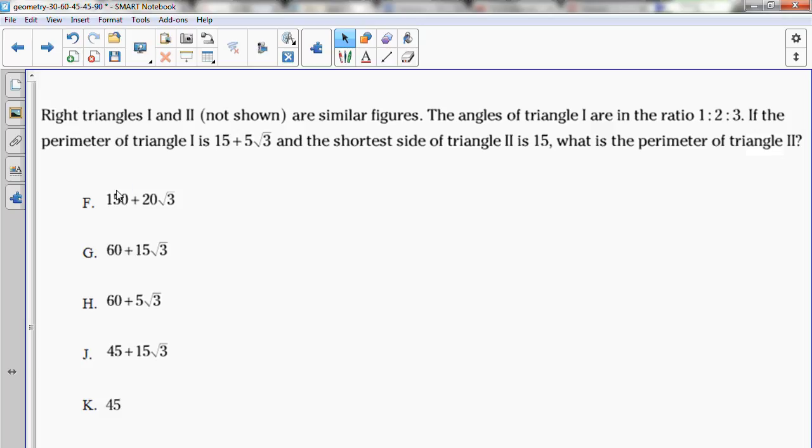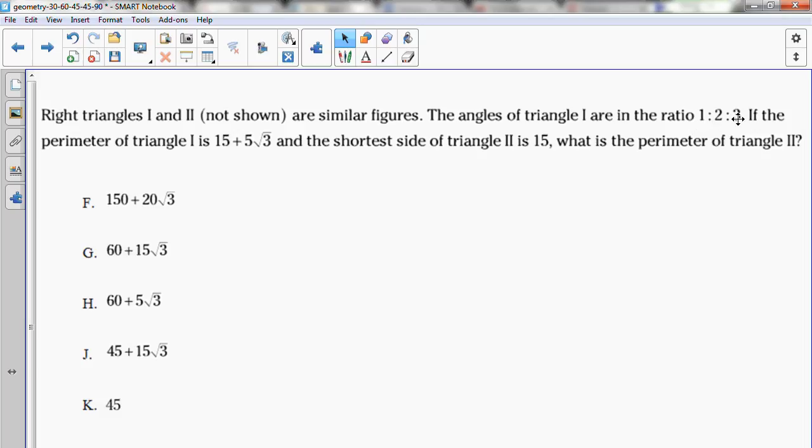Now, similar means that their angles are congruent, but their corresponding sides would be proportional. So a lot of times I hear y'all say that they're the same shape, but they're different sizes. Okay. Now, just for reference, what happens in this one is triangle 2 is bigger. Okay. Doesn't really matter. Now, it says the angles in triangle 1 are in a ratio of 1 to 2